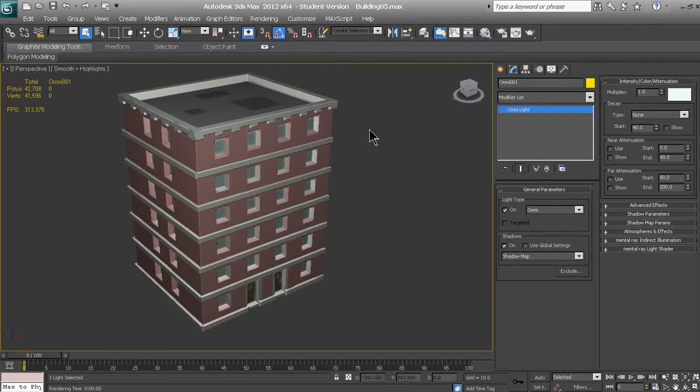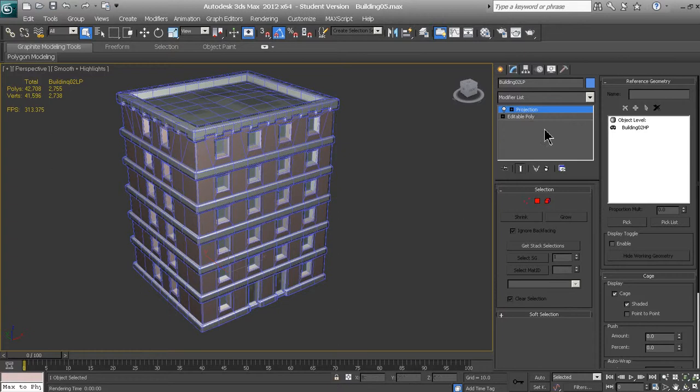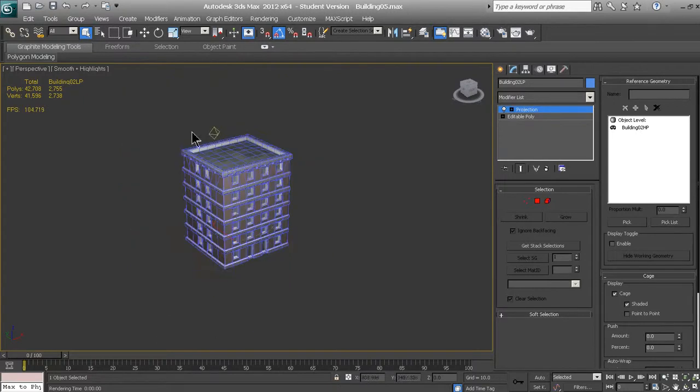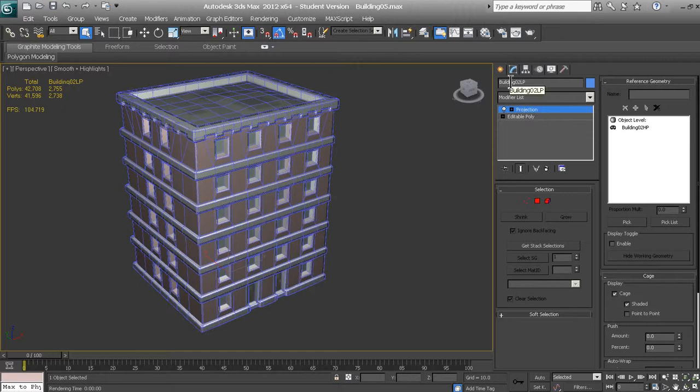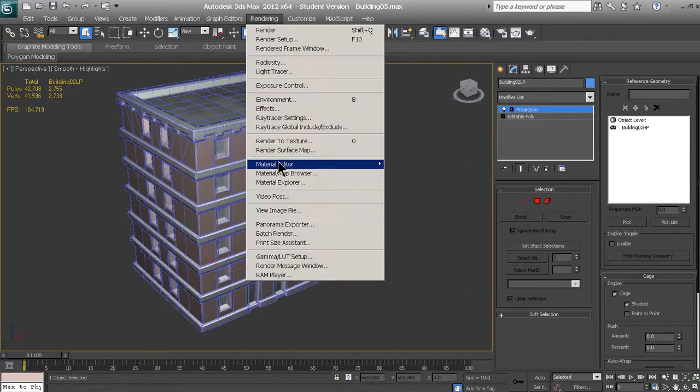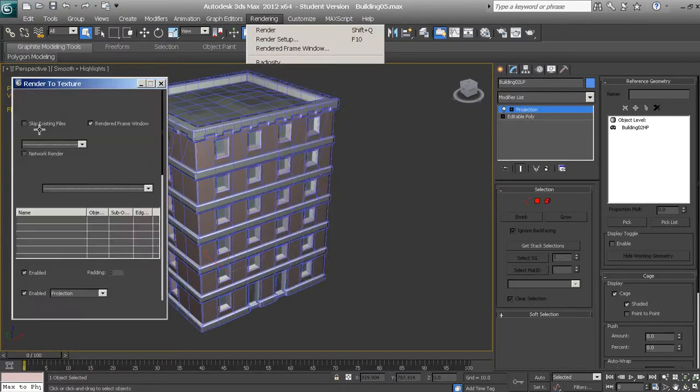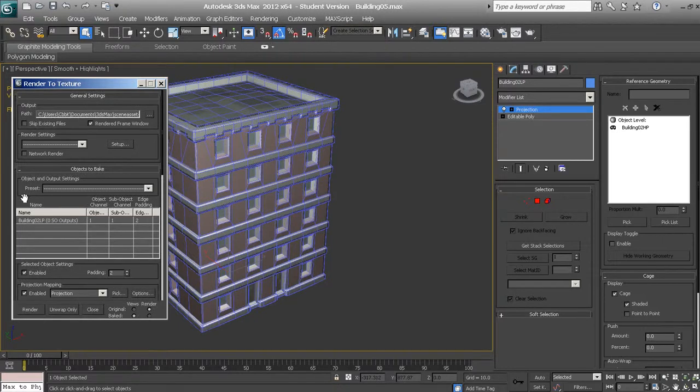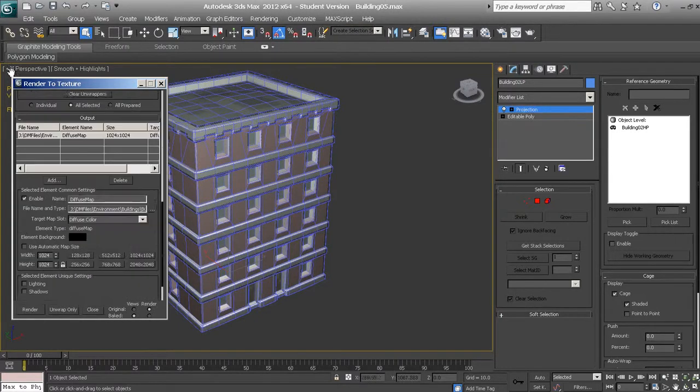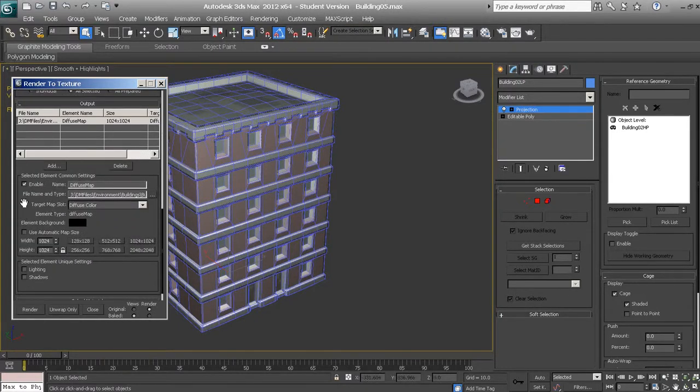So let me show you how it's done. And you can have as much lighting as you want. You can play around with that lighting and get it just the way you want it, but for our purposes, just that one light is going to do. So we'll go back to our projection, render to texture, and essentially everything remains the same. The only difference is